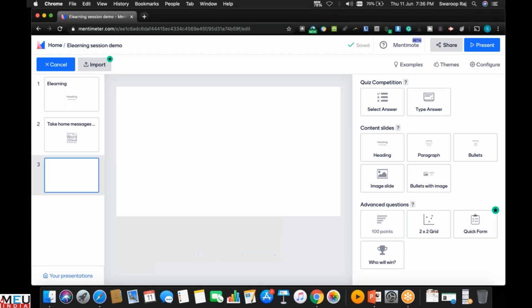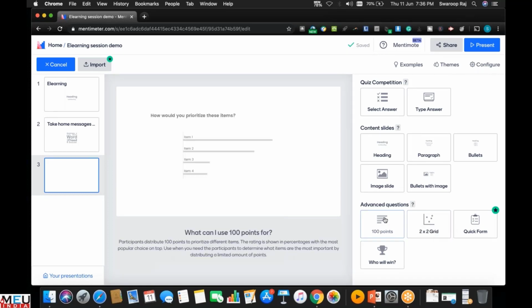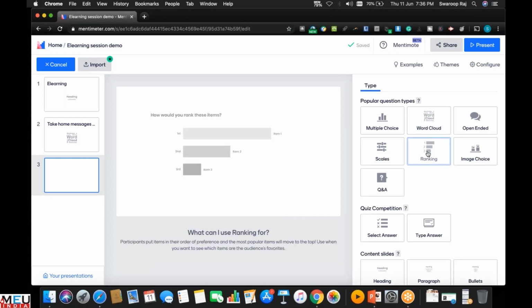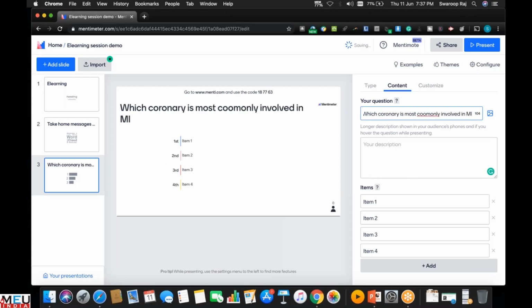So next, I want to have a 2x2 grid question, or you can ask a ranking question. So you can select the question as coronary commonly involved in MI. So if you want to ask a question regarding drugs of choice, so which is the first drug of choice, second drug of choice, so for such questions you can use this option of ranking.